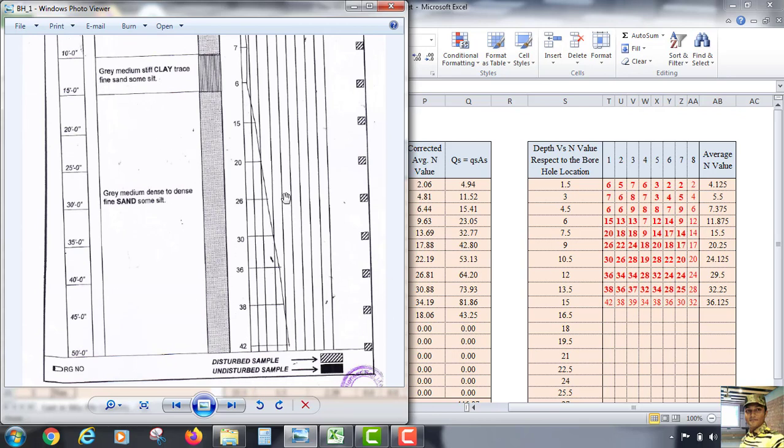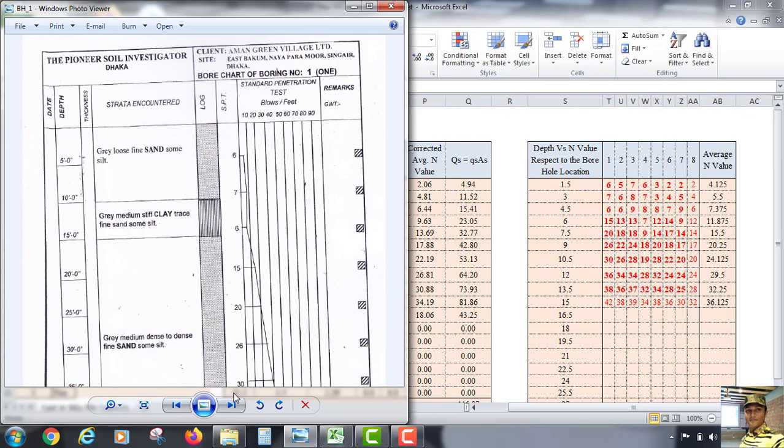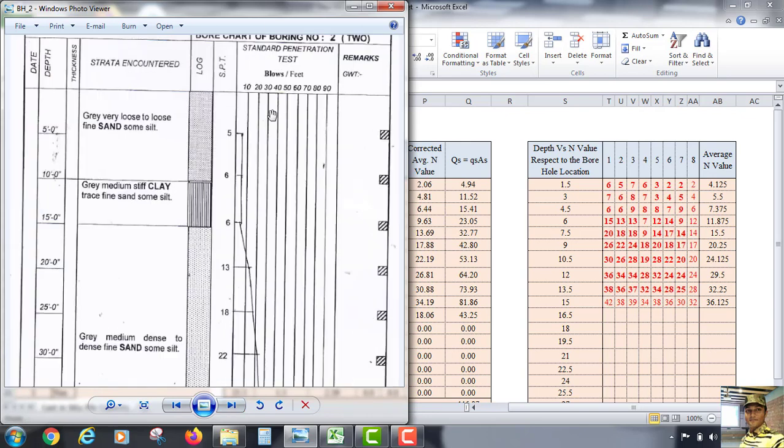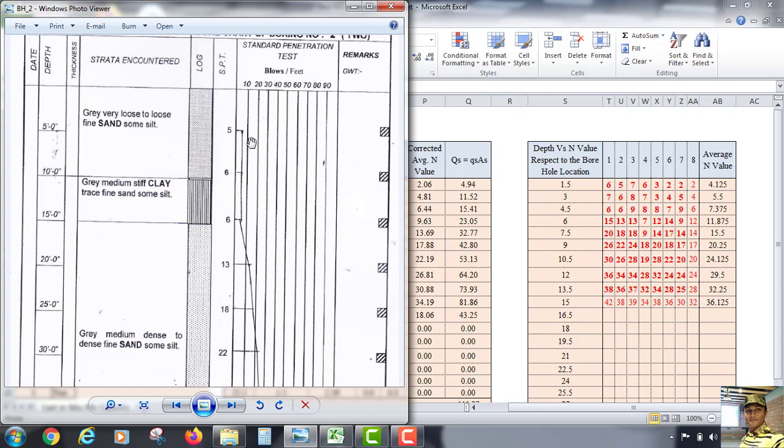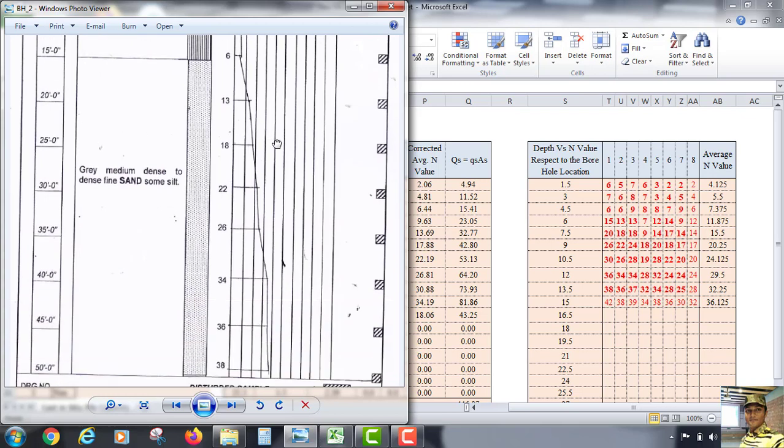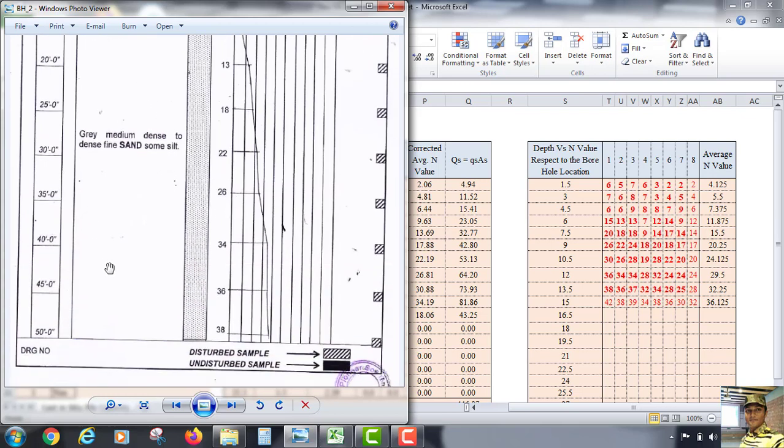In the same way, for borehole number 2, we take the SPT values 5, 6, 6, 13, 18, 20, 26, 34, 36 and 38 based on the depth of boring.